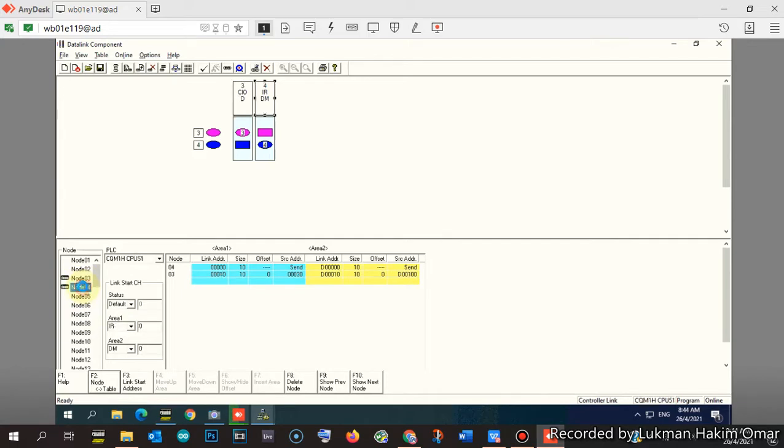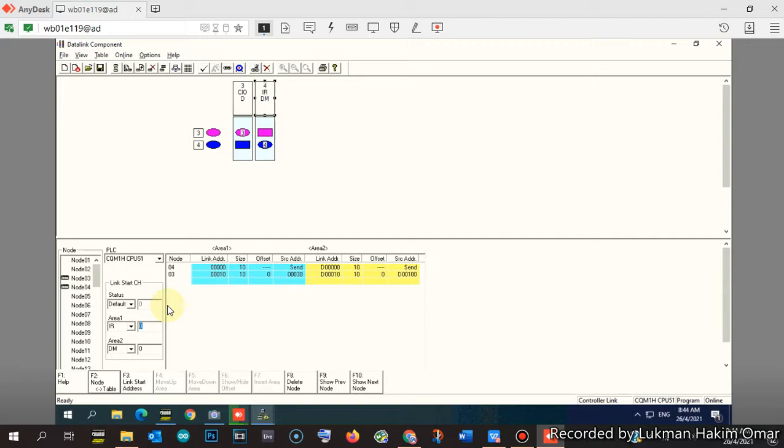For node number 4, area number 1 is a bit different from the master PLC. It does not use CIO, but it uses IR. IR has the same function as CIO. So in this case, just leave it IR, and for the word that we are going to exchange, for the bits, it is the same as the master PLC.